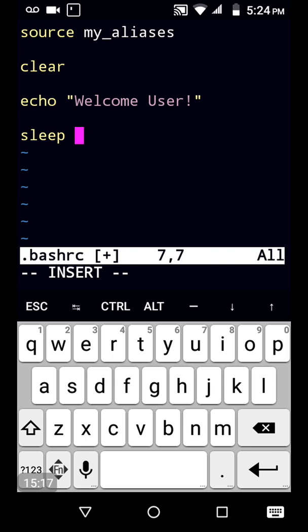Eventually, I want to write a script to start the morning. For example, if I wanted to start a song when I turn on the terminal, then ask me if I want to see the news or play a game or stuff like that. I guess I could type in LS. It's always good to know what you're